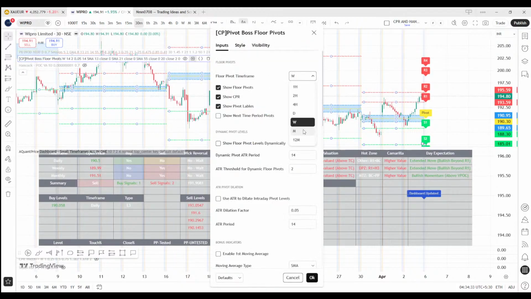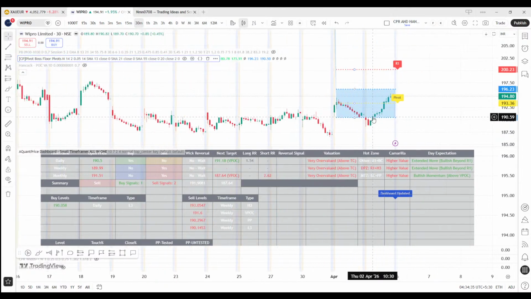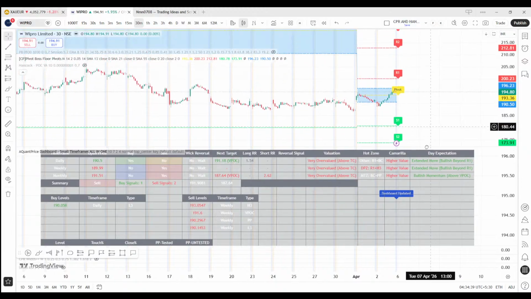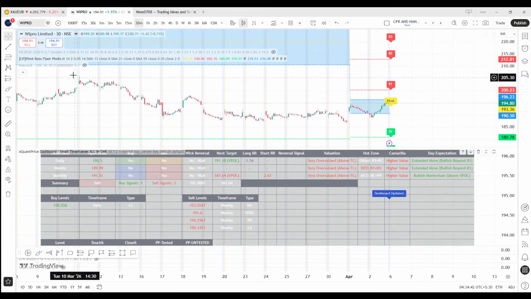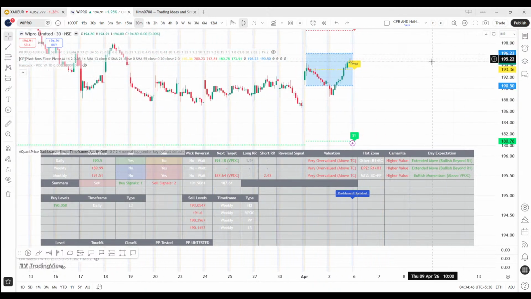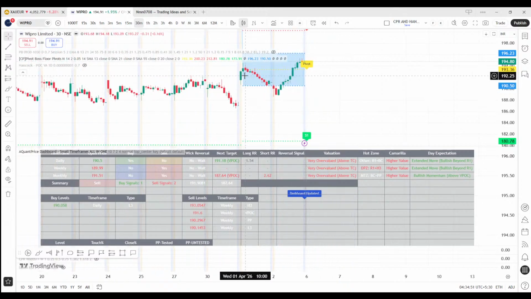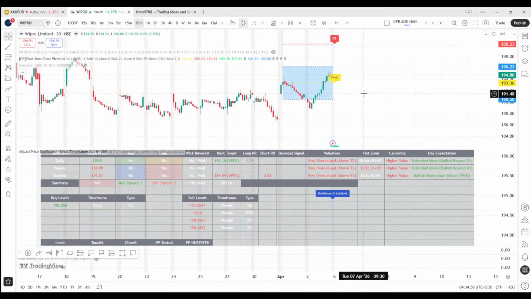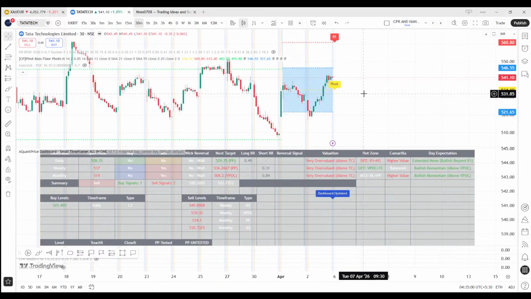Also, you can see the daily formation of this is bullish, and we have the weekly CPR on the screen. If I were to show you the monthly bias, the new month has started and it's in the sell bias for this Wipro, and right here is the perfect selling price. But what happened, guys? The new month opening is in the pivot. That means it's not going to be a good trading month in Wipro, because this is also a range month. Even though all the sell conditions are true,